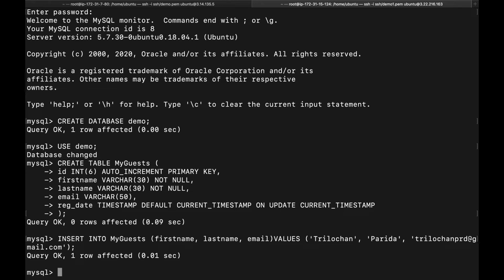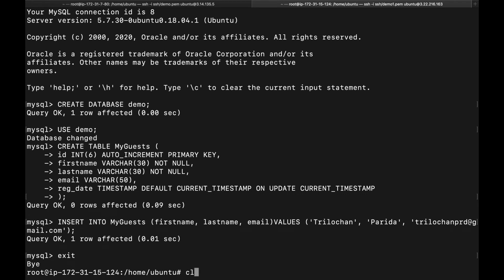So let's go to the configuration file of the slave. So exit. Yes.